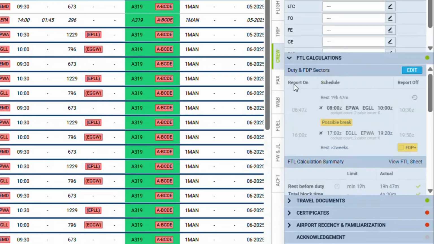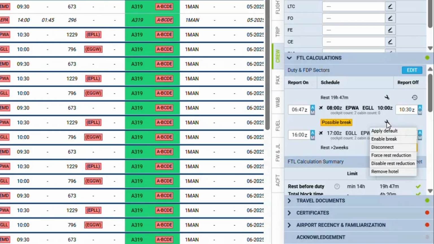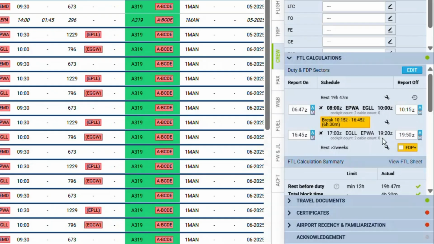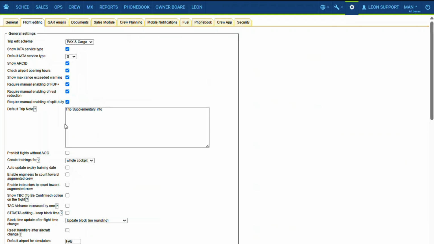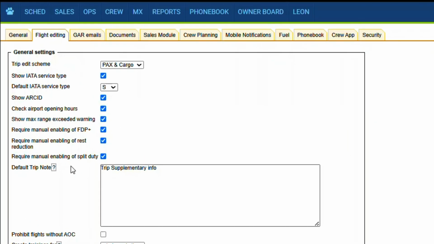After clicking the Edit button, a wrench icon will appear. Use the wrench icon to apply rest reduction manually. Tick the FDP box for FDP extension, or configure split duty by clicking the adjacent wrench icon next to the possible break. The default trip note option allows you to add a note automatically to each new flight in the